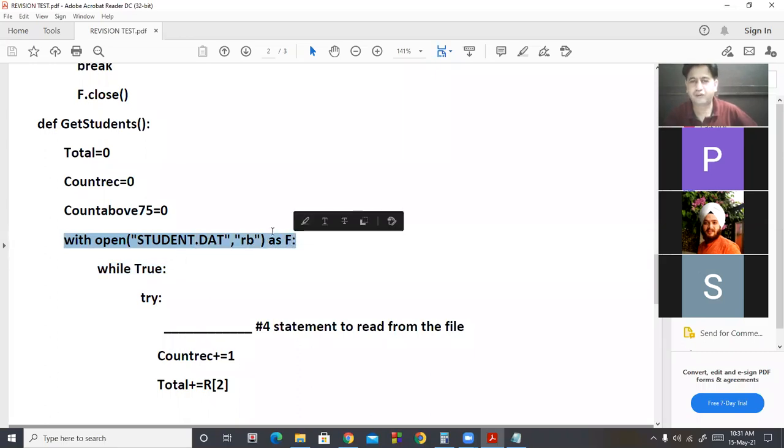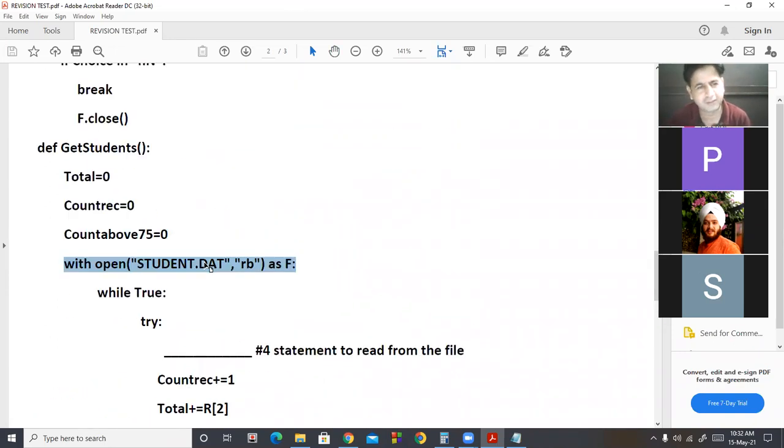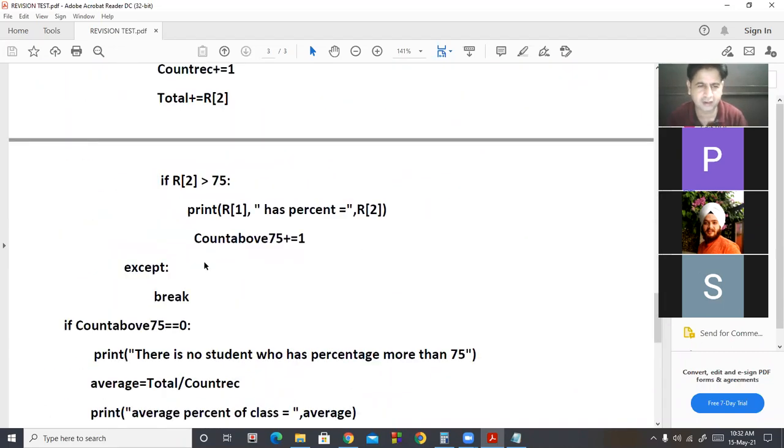So this is for a short period. Otherwise F को आप बाहर भी यूज कर सकते हो, पर यहाँ पे आप F के अंदर सारी कमांड यूज करोगे. आप सिंपल तरीके से भी कर सकते हो, इस तरीके से भी कर सकते हो. With open student.rb, rb means reading in binary, as F. F will be a file object, and then inside that use everything. Okay, but this is your choice. Okay, students, any doubt in this?